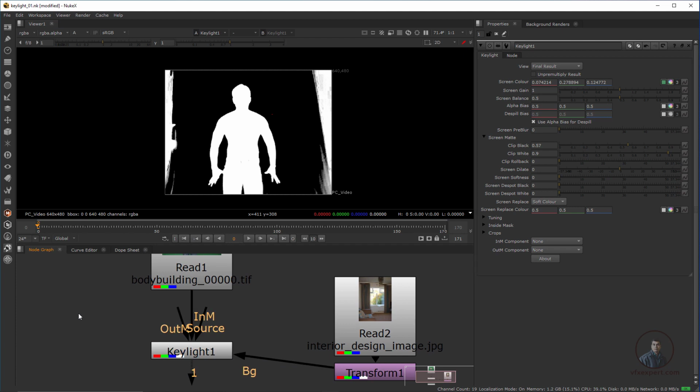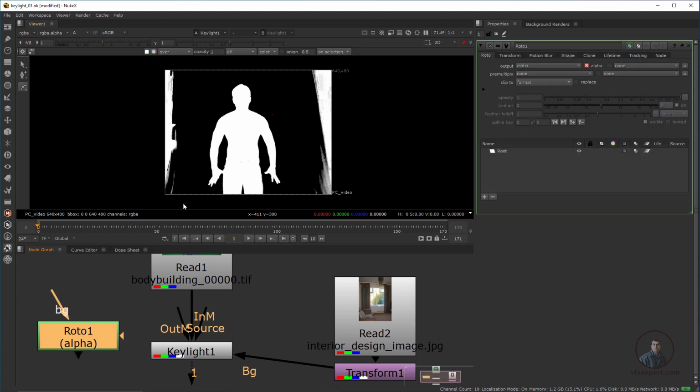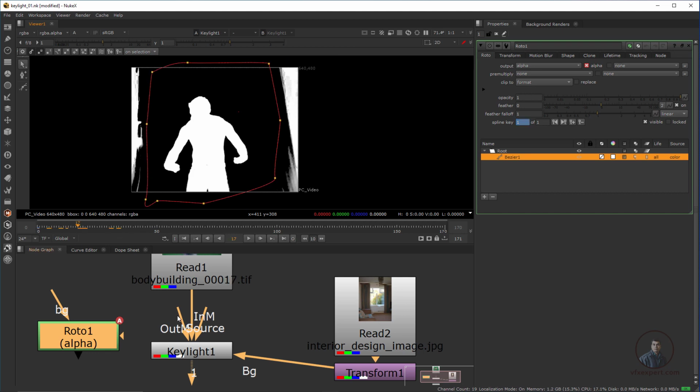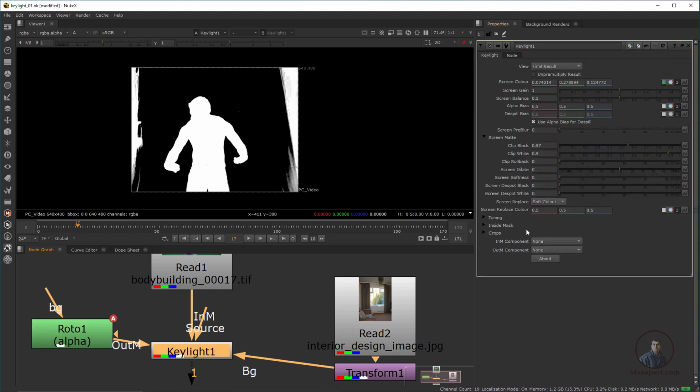Now again take a roto node, press O here, and create a shape. How can we use this matte? Just take this out matte input and connect it with your roto shape here, then double click on our Keylight and come down here to our out matte. Now click on alpha or alpha inverted. Okay, now you can see this is alpha. Now click on alpha inverted. Okay, now you have removed your garbage area.